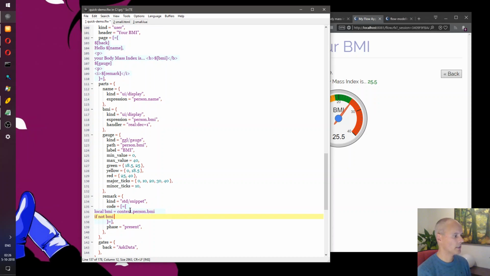Let's safeguard this: if there's nothing there, we'll just do nothing. And then we're saying if the BMI, what were the values? The cutoff point was 18.5. If it's smaller than 18.5, we'll say something clever.